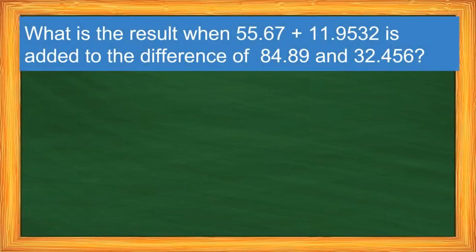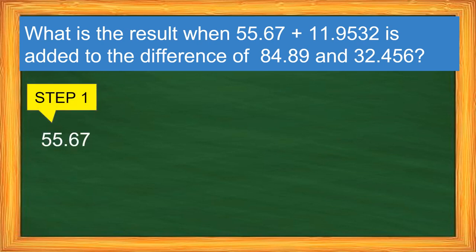Next one, this is 55.67 plus 11.9532. Idagdag natin sa difference ng 84.89 and 32.456. So, unahin muna natin yung unang dalawa. I-add natin step 1. So, 55.67. Add natin yung 11.9532. So, again,